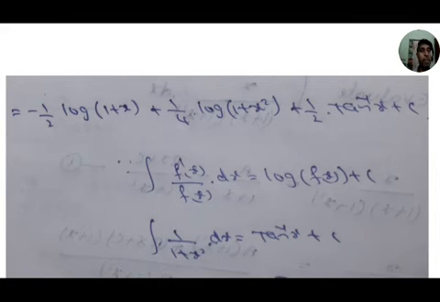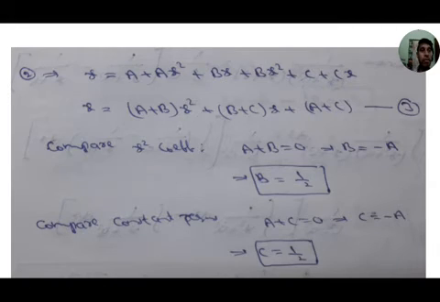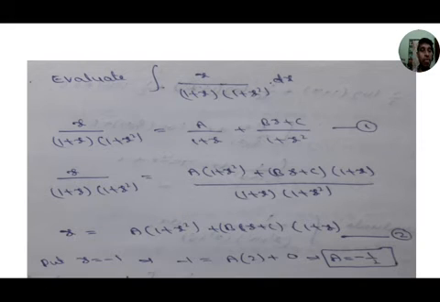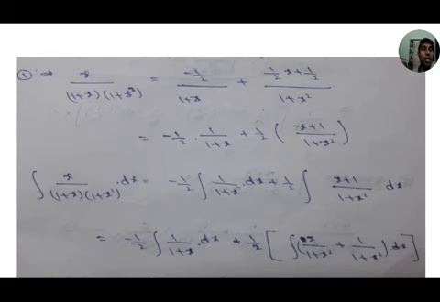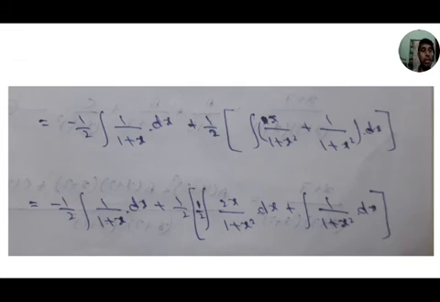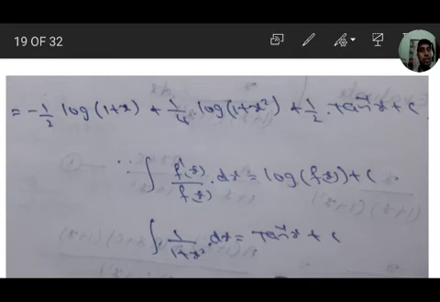Okay. In this problem we have a quadratic factor, so we get bx plus c, and for one linear factor only a constant, and we find the a value, b value, c value. Here we don't get them directly, so we have to simplify the equation and compare the coefficients, then we get the constant values, substitute in the equation and integrate. Okay, we get the answer. We will move to the next problem.